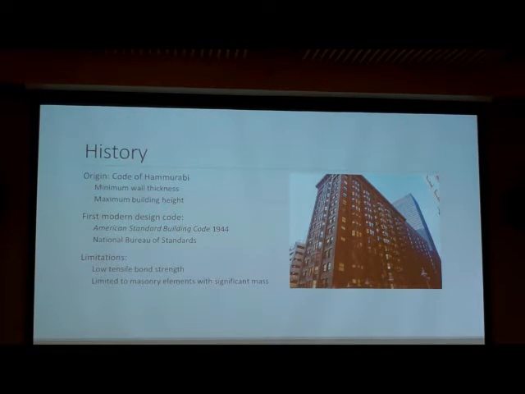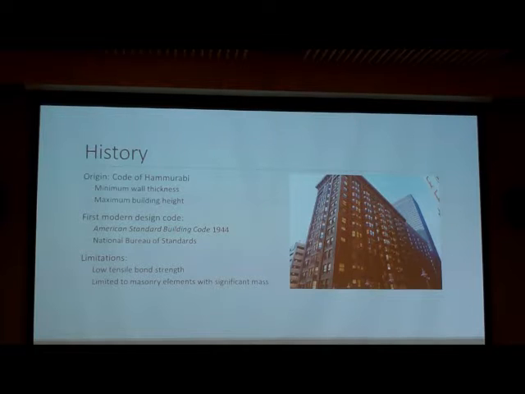We're more taking that concept of having a code, kind of like a code of ethics or a code of guidelines, and we're implementing that into our empirical design, or overarching, we have the IBC, which we use today. The first modern design code was the American Standard Building Code of 1944, which was created by the National Bureau of Standards. Some limitations that we have with empirical design is that they're low tensile bond strength and that